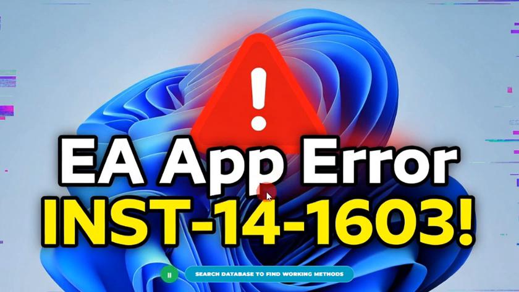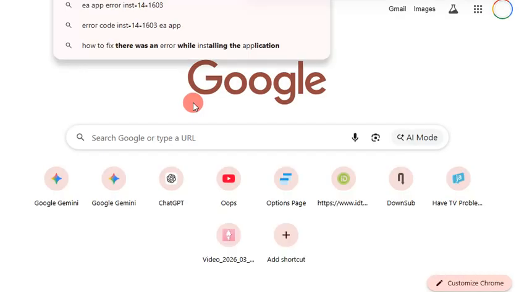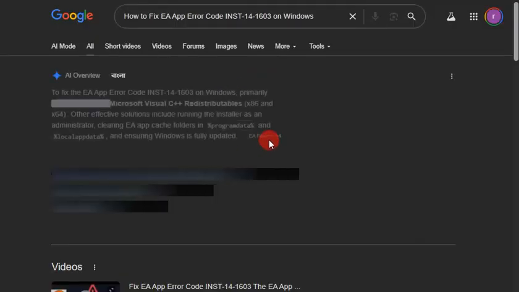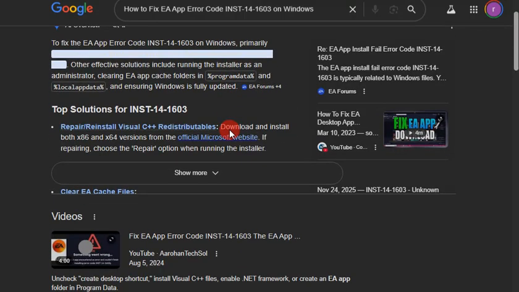This is a final video to fix the EA app error code INST-14-1603, because I know exactly how frustrating it feels when your games refuse to install. Are you facing this exact problem right now, where the installer just stops and gives you this annoying message? This issue usually happens because your computer has tiny file conflicts or missing permissions that block the EA app from